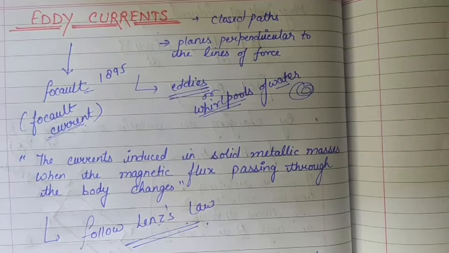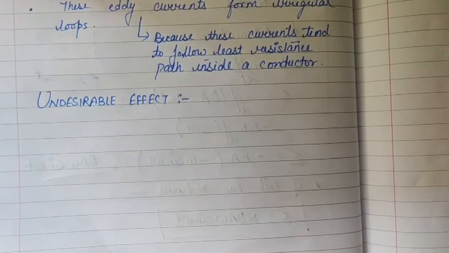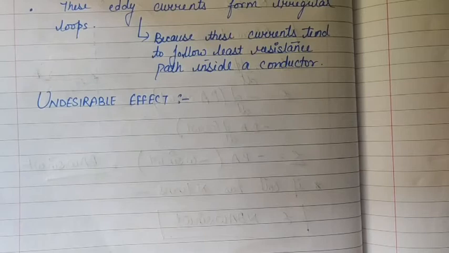First, moving to the undesirable effect of eddy currents. These currents are produced inside the iron cores of rotating electric motors and dynamos, and sometimes in the cores of transformers. For example, if we have a transformer with a block kind of core, these eddy currents will be produced because of the change of magnetic flux linked with the core. Since these eddy currents are produced there, they can cause unnecessary heating and wastage of power.